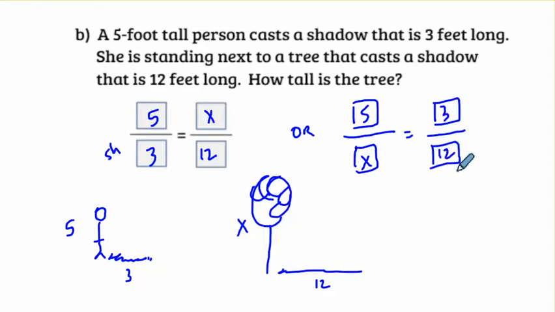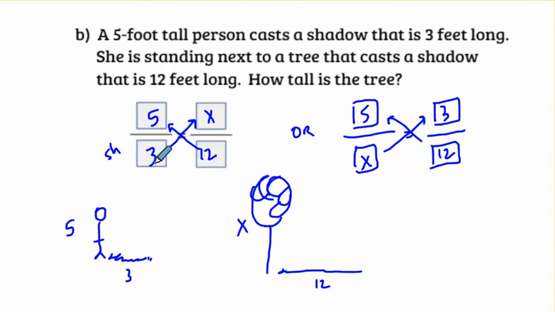Okay? Either way, you'll notice if you go the cross multiplication method, you are going to be multiplying 3 times x here, 3 times x here, and 5 times 12 here, and 5 times 12 here. Or you could have also just said, well, hey,